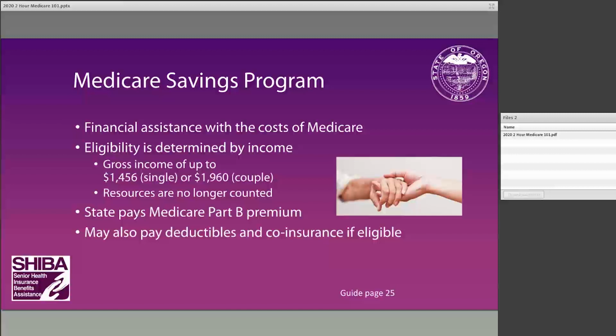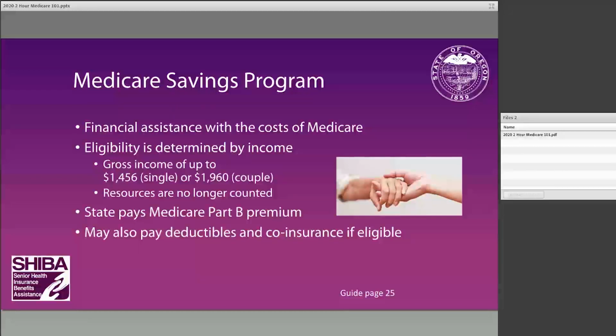So the national program is called the Medicare Savings Program. It is administered by the states, and there's some federal match dollars that come along with it, and each state sets its own eligibility criteria. In Oregon, if you are an individual with a gross income of $1,456 or less, then the state of Oregon, at the very least, is going to pay your Part B monthly premium. Part B is, boy, that $145 a month. If you're a couple, that amount goes up to